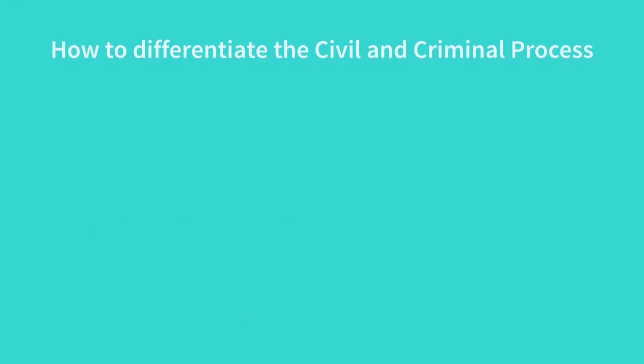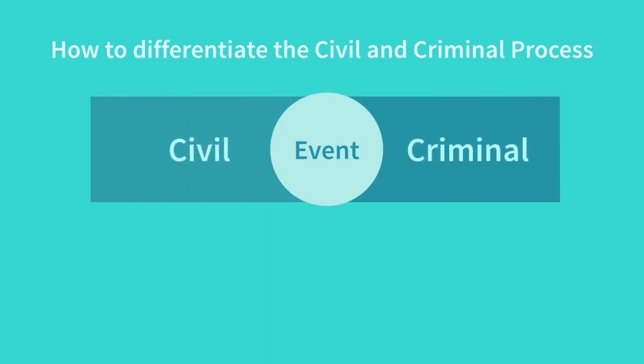In distinguishing between criminal and civil actions, it has to be remembered that the same event may give rise to both. For example, where the driver of a car injures someone through their reckless driving, they will be liable to be prosecuted under the road traffic legislation. But at the same time, they will also be responsible to the injured party in the civil law relating to the tort of negligence. Availing of one of these options does not prevent you from using the other.